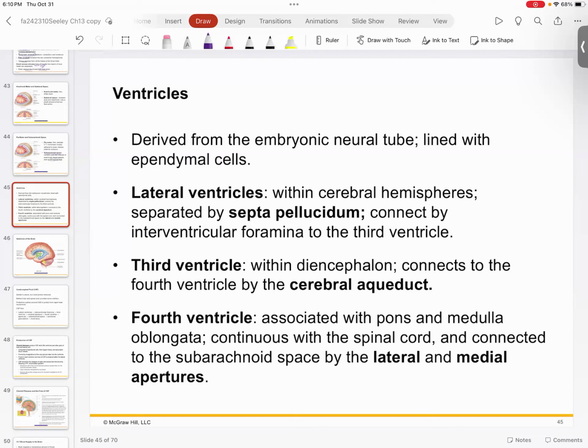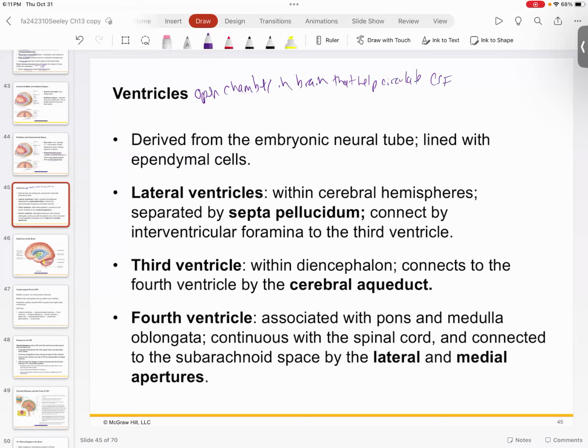So those are the meninges, right? And they form a little bit of the structure that we need in order to be able to move fluids around the brain. However, there's more areas in the brain for fluid manipulation, and that's the ventricles. So the ventricles are basically open chambers in the brain that help to circulate CSF,